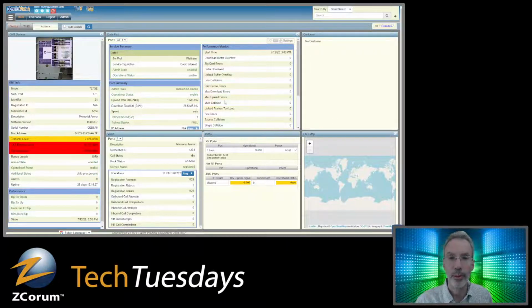Normally there would be customer information here and a map, and next week I am actually going to show this area here. I'll show the map, but also show what happens when you drill in on that map when you've actually got customer data and it's geocoded. I'll show some of the map features when you click in from this screen, because again, that's a great way to troubleshoot. You can see what's happening to other subscribers nearby, whether they are experiencing the same kind of things, or whether it's limited to this one subscriber that you're looking at.